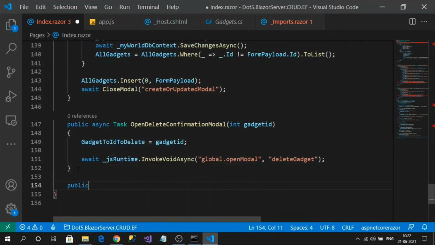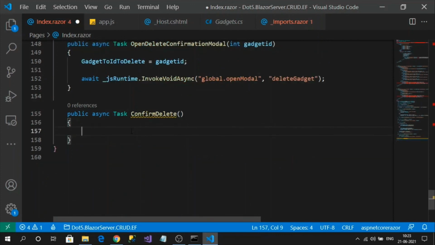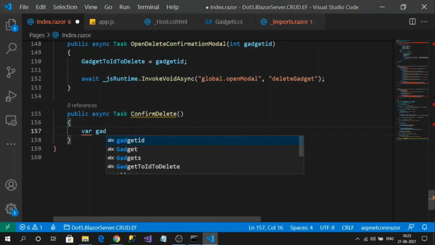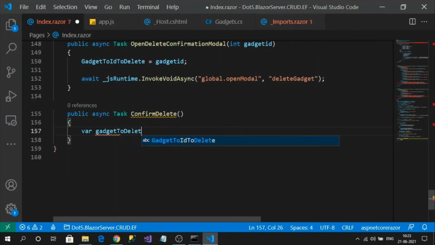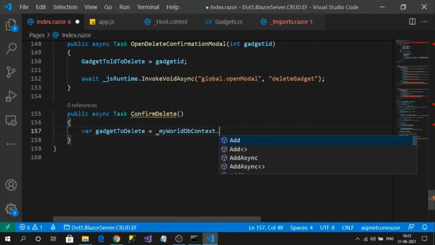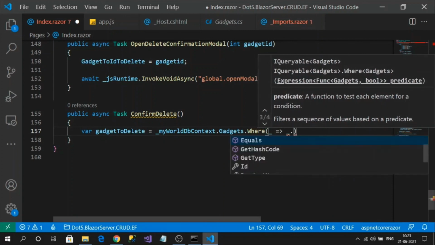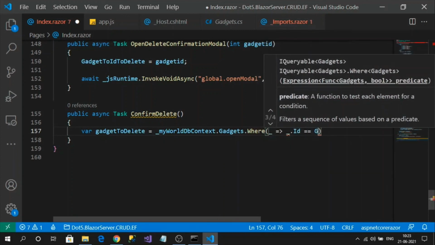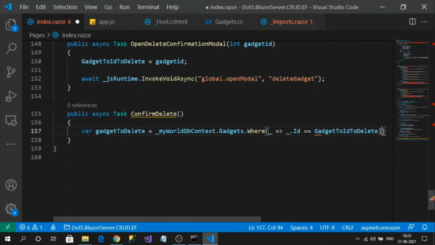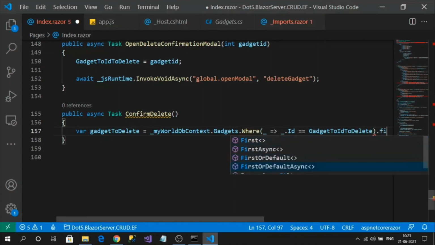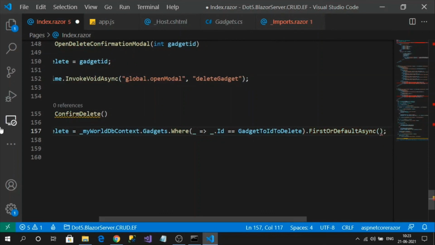So public async task confirm delete. Where gadget to delete equal to my old DB context gadgets where id equal to, we know we have stored the value in this variable, first or default async. We are getting the data. Okay.